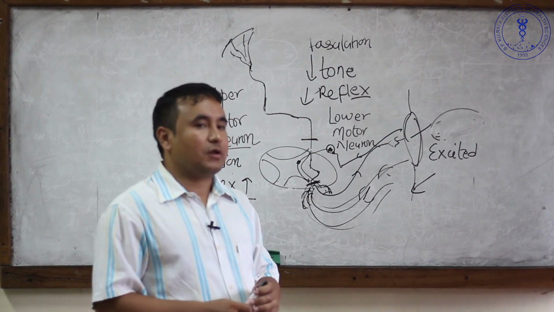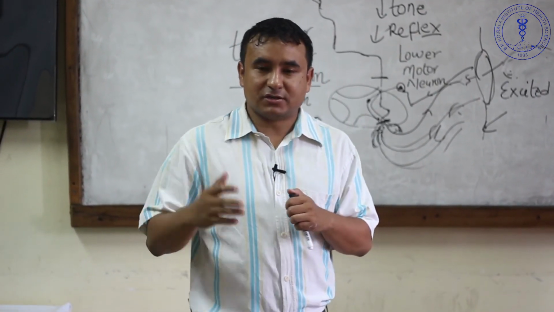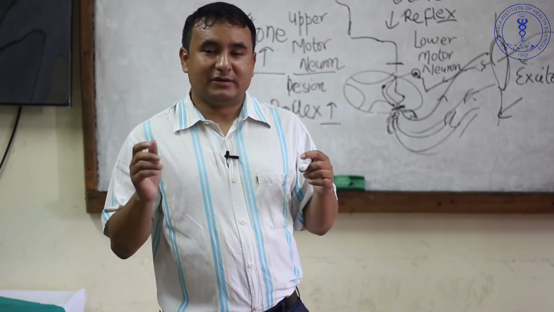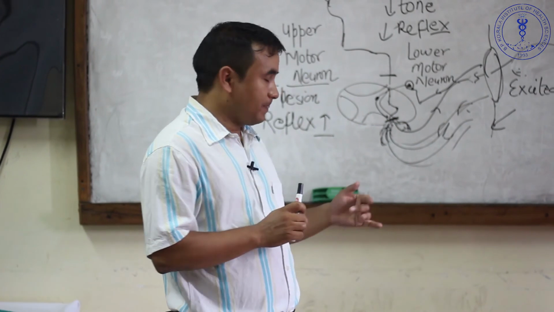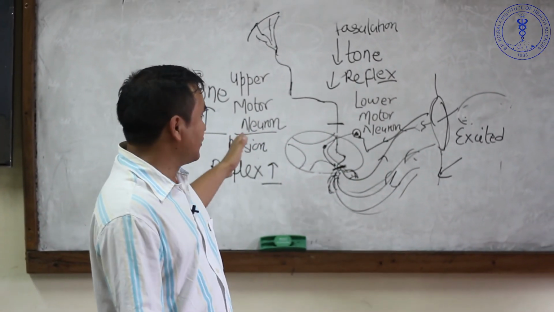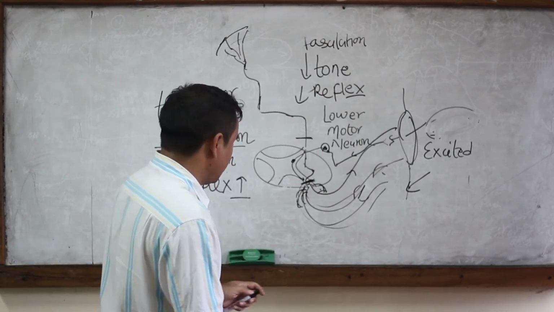Okay, so you should also know the history of the patient to say whether it is an upper motor or a lower motor neuron lesion. So till here, I think you people know how you are going to differentiate between the upper motor neuron and the lower motor neuron. Okay,